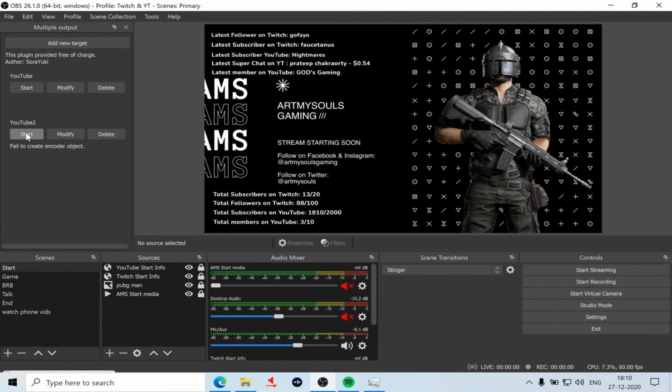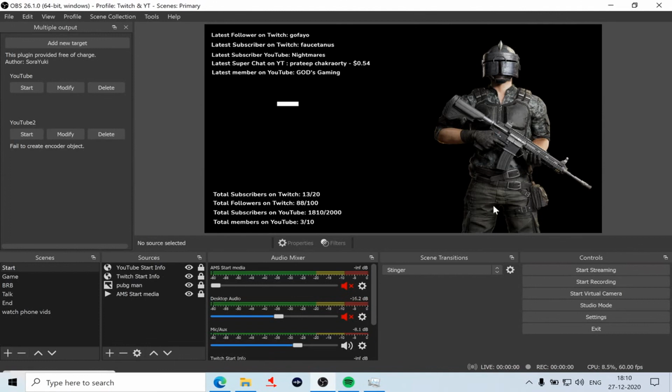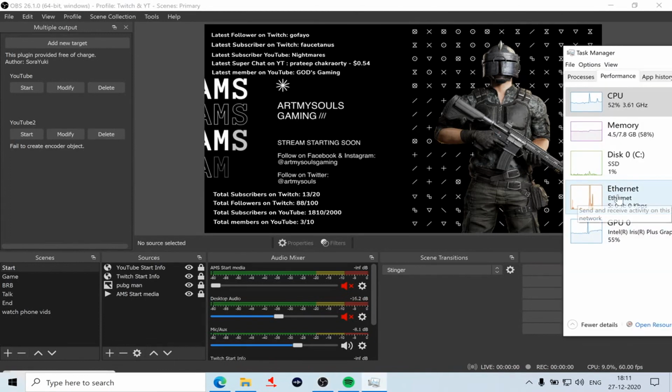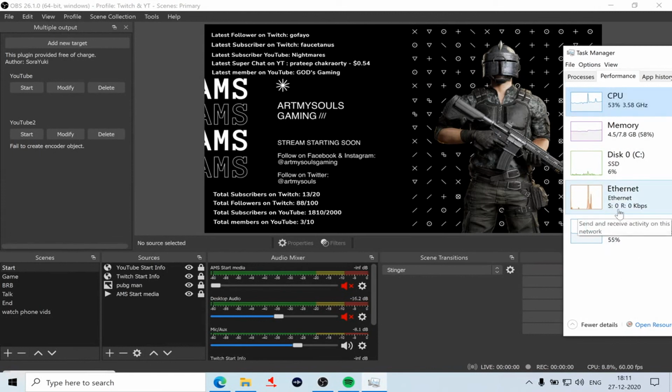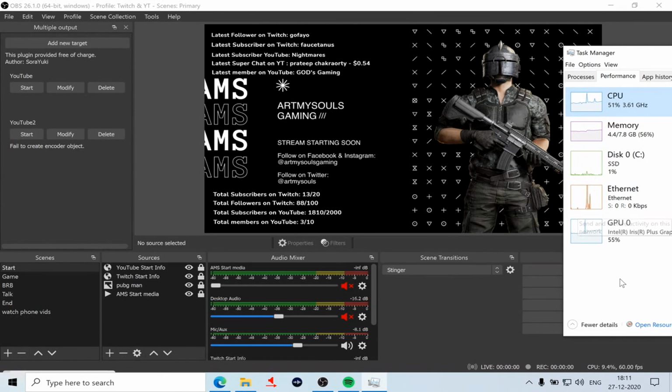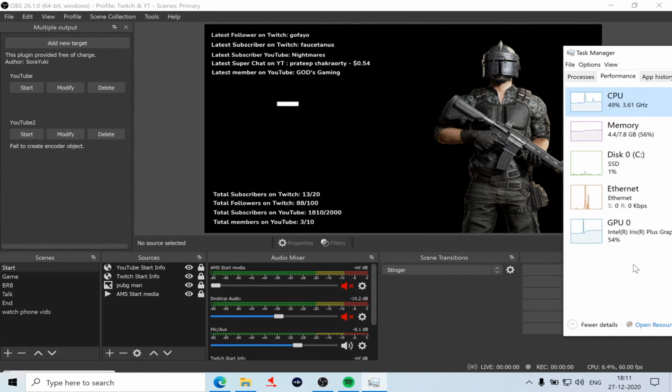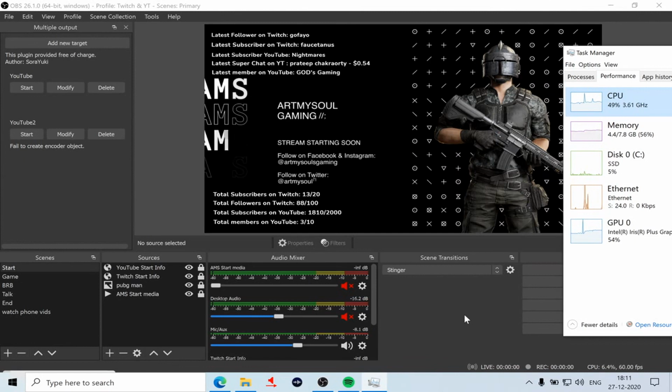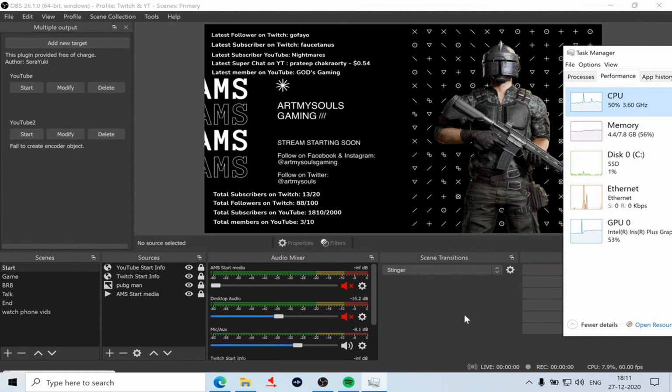You will definitely see a shoot up here in the total Ethernet, that is the internet, because it would stream at a total of what we added here: 4,000 kbps plus the 5,000, that is 9,000 kbps.